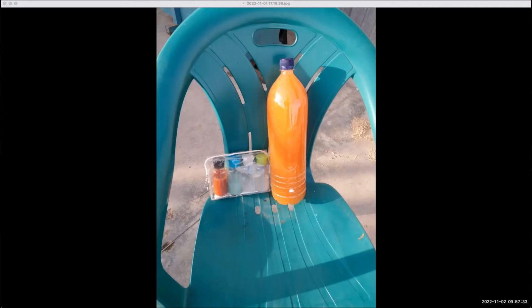The reactor that you saw in the image from the house and from the farm